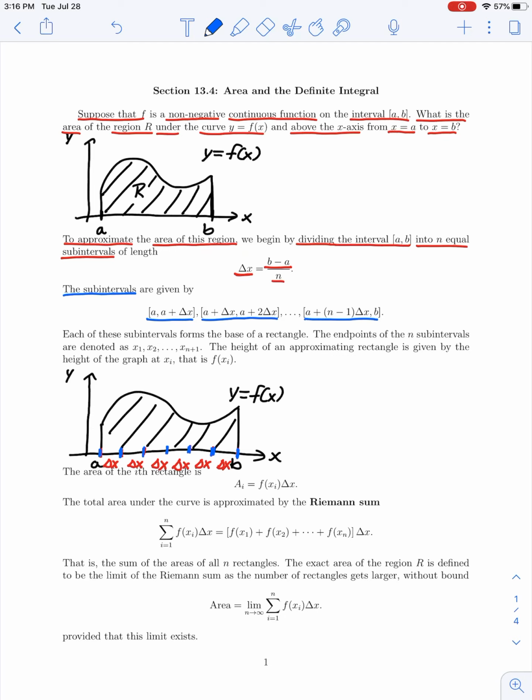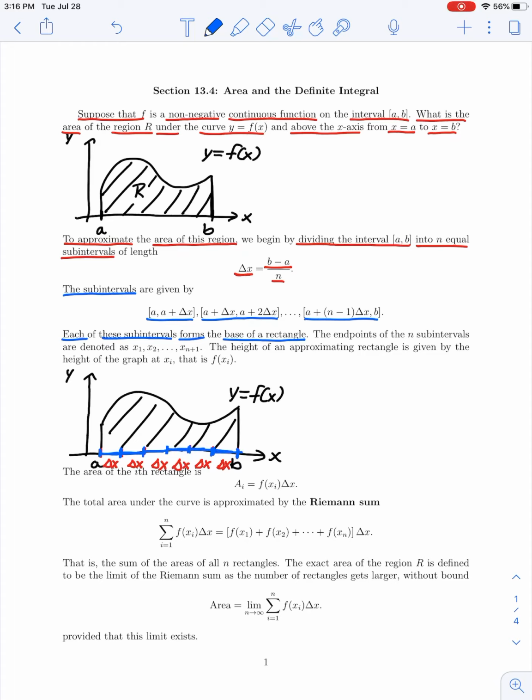So this last little interval where we hit our right endpoint b. So we can think about each of these subintervals as forming the base of some rectangle. So if we consider each of these little subintervals as the